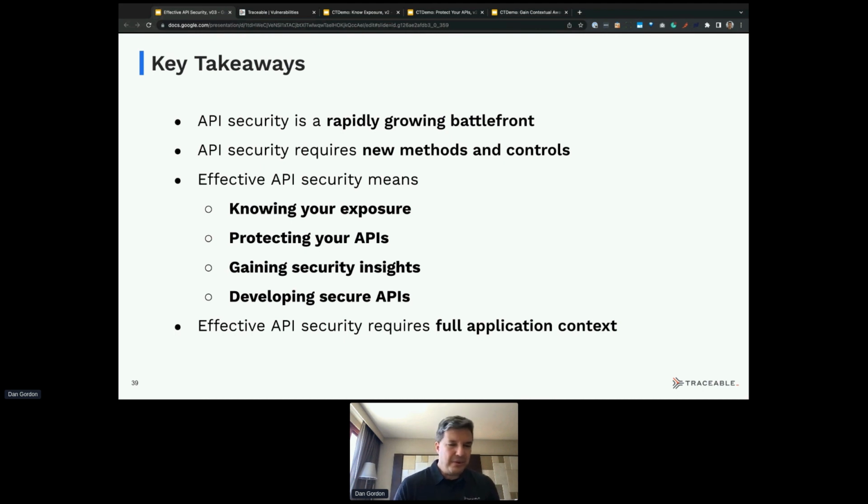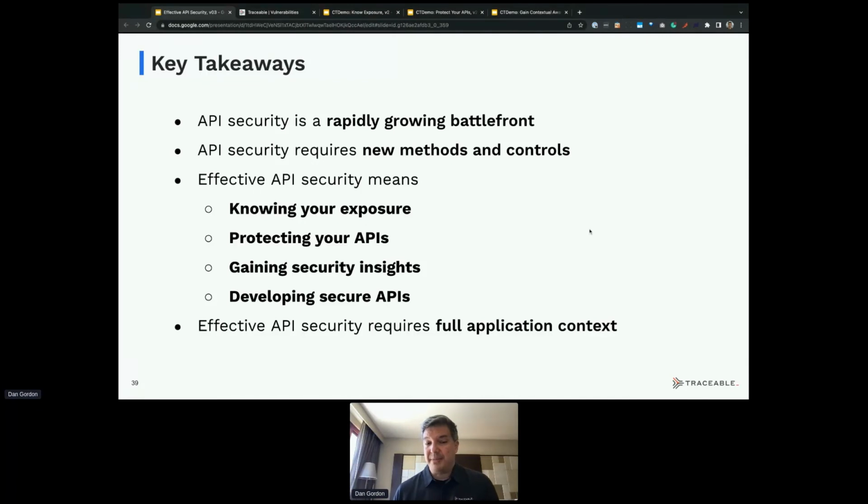And then, of course, always last in this list, but certainly not least, is developing secure APIs in the first place. And really, if we think about DevOps and DevSecOps, right? If you think of that infinity loop that we always see a picture of, that's a loop because we need the information from operations, from production, from runtime to loop back into the dev process. And that's true as much for security as it is for any other part of the development cycle and the operation cycle. And so part of that is taking what we learn in runtime and making sure that that can be used to affect how and what we do in the development process to continually improve the security of our APIs.